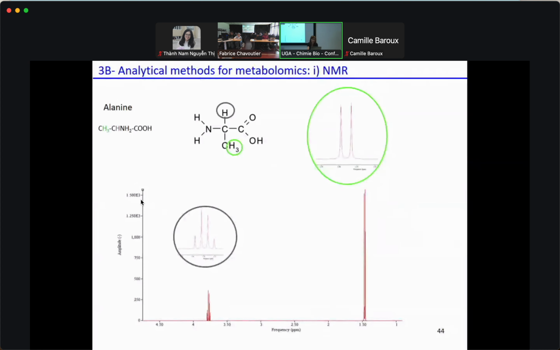So I will show you how. This is the proton NMR spectrum of alanine. You can see alanine, CH3, CHNH2, COOH. The spectrum of alanine is like that. There are 2 peaks, 1 doublet and 1 quadruplet. I will not explain in detail, but